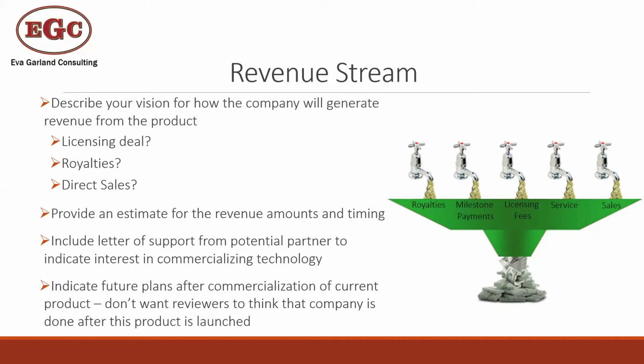And for this, again, be conservative. You're not going to come out right away and take 50% of the market. So just make sure your estimates reflect your market entry. Maybe you're going to take less than 5% of the market initially, and then build from there. You generally want to look 5 years out to see how much revenue you'll generate in the first 5 years after launch. And if you have any partners you've been talking to, or someone who's going to do distribution for you, they can provide a letter to support your claims in this section.